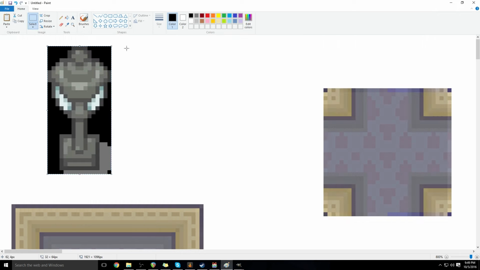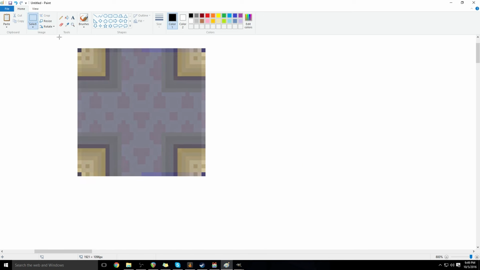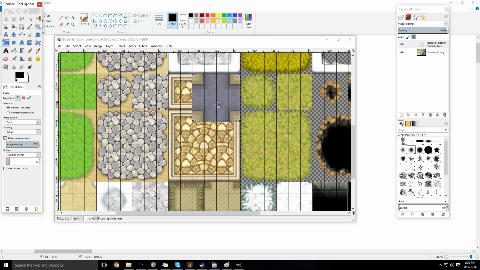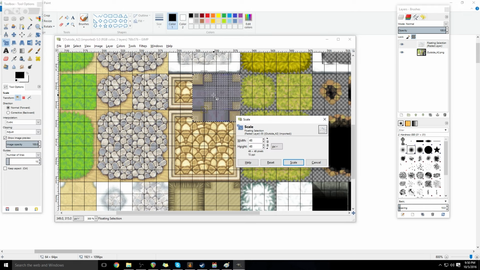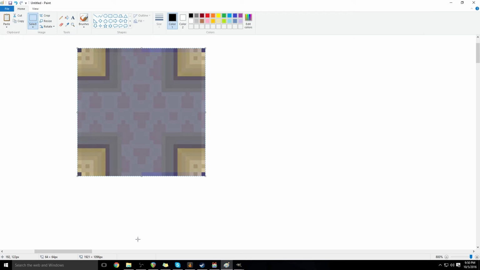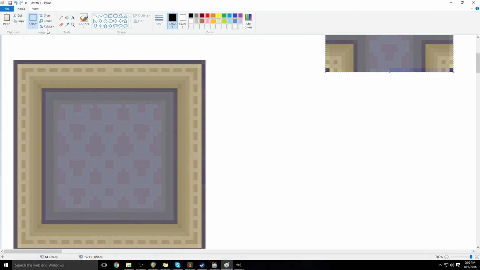So right now we're going to go over here and we have this road graphic. We're going to do the corner first. I'm just going to precisely grab it, copy, go over here, and click paste. Now this one we are definitely going to have to resize. So go over, resize, click scale, okay, anchor it, go over, and now we're just going to grab this,